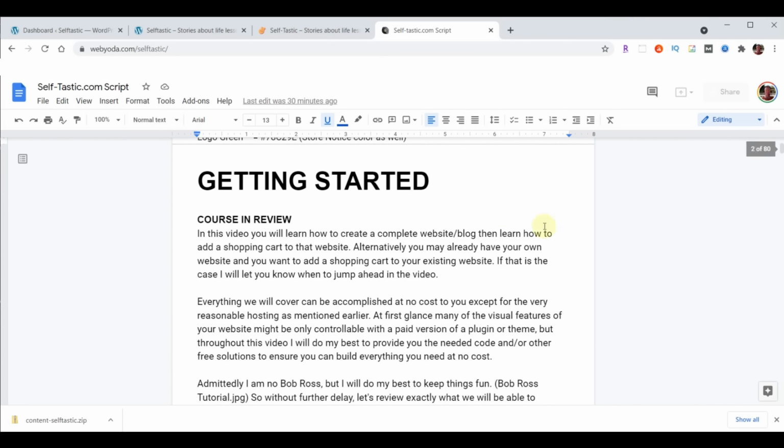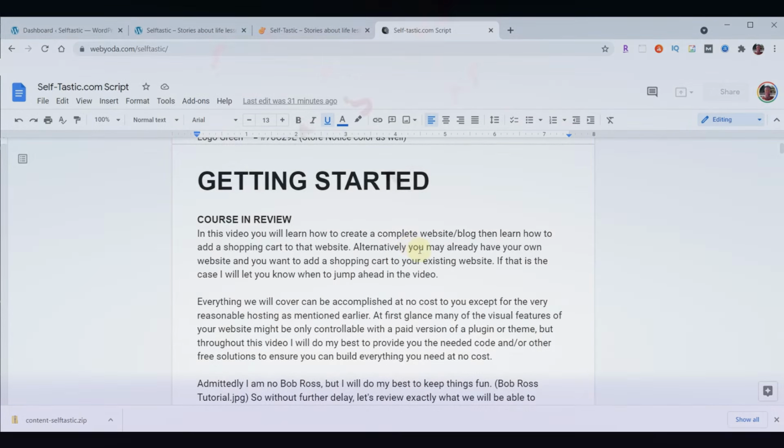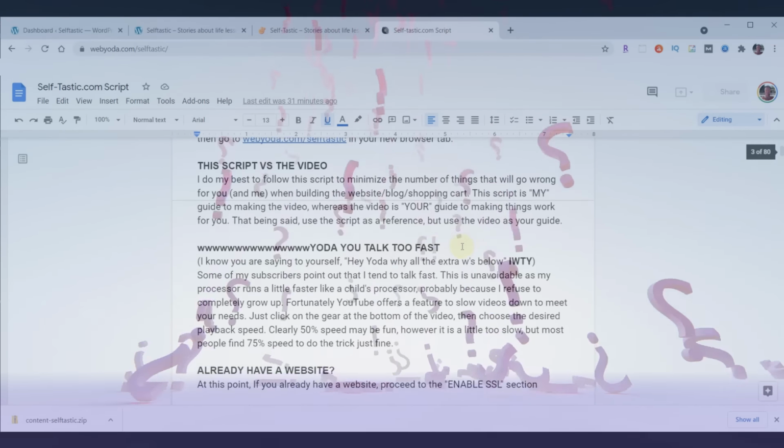And now you're into the getting started section. These are all the notes I made for myself so I can make the video, but you can also use these to your benefit. When you scroll down, you'll probably notice to the left of Yoda, you talk too fast,